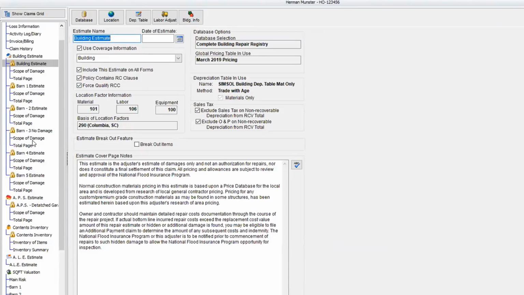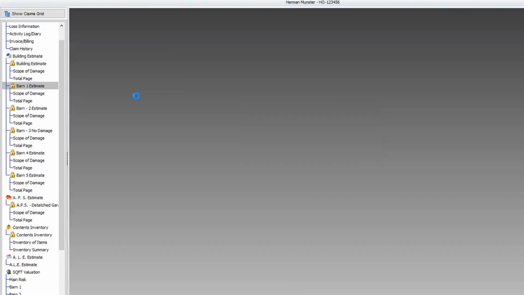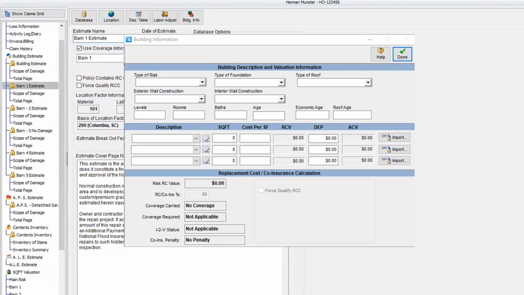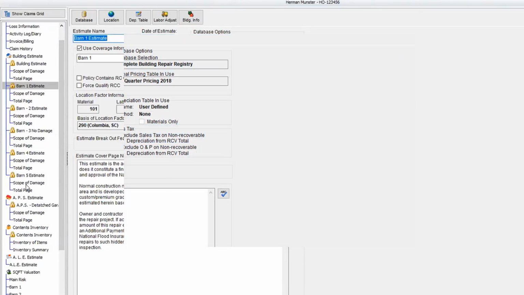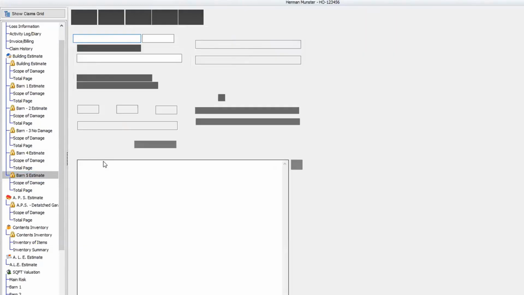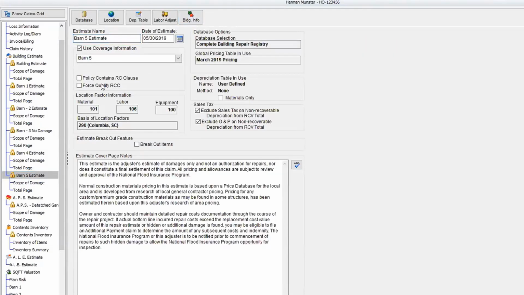I'm going to do that same operation for barn 1, barn 2, all the way to the 5th one. So as you can see, I can then select this. Make sure it's all filled out. Remember, use your drop downs to tie it into the actual estimate. You need to hit the selection drop down, and then you can pick the evaluation associated to that building. And you do that for all of them. So the one I didn't have would be this barn 5. So I can come up here like this, select it,